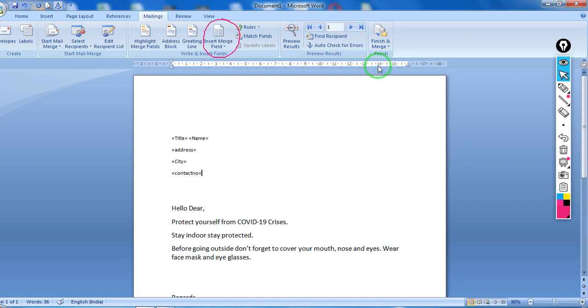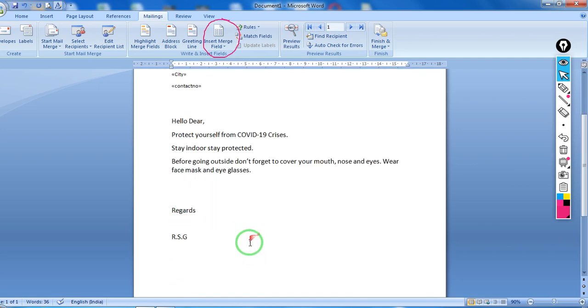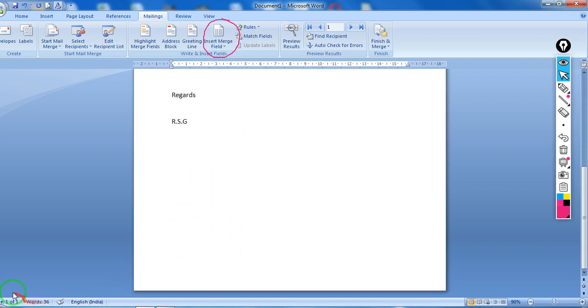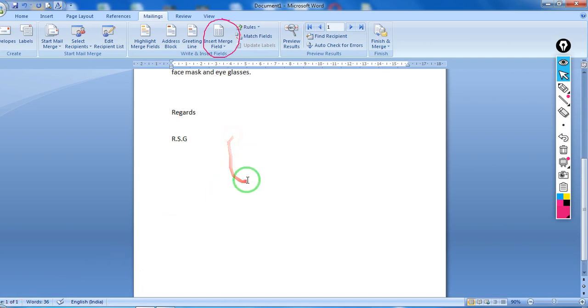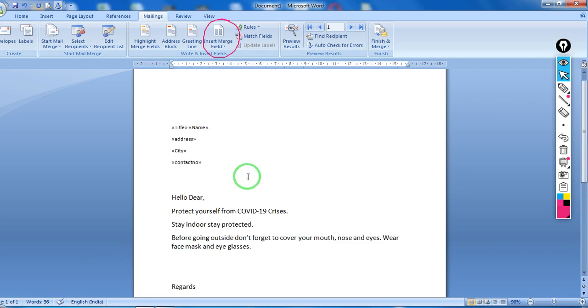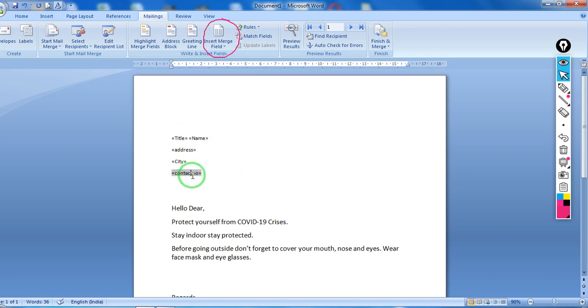When you choose the option merge, it will merge the content stored in my data source with the main document. Now you can see there is only one page over here, one of one, and I am having 4 records. I have created 4 records in the data source, and title will be displayed over here, name here, address here, city here, and the contact number of the first record over here.